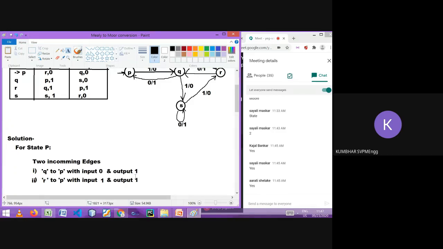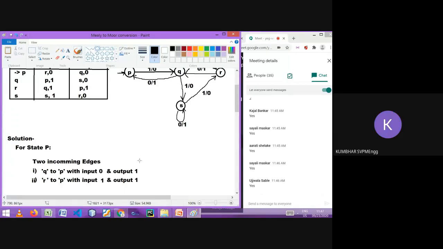Are you getting me? All incoming edges are giving the same output. That's why the state P will represent output 1. And incoming edges will have only the input, as in the Mealy machine; you have to show the incoming edges as they are from Mealy to Moore, with no need to show the output.